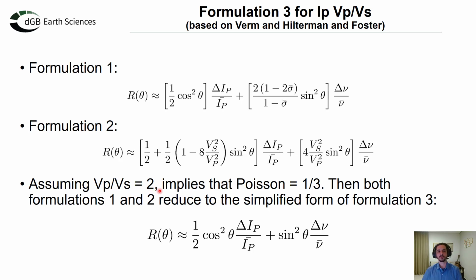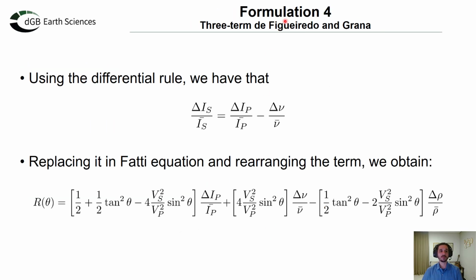and it's possible to show that both formulations 1 and 2 from Foster and Vermeer-Hilterman are reduced to this simplified format, which we call formulation 3. And the fourth formulation is based also on some differential rules, where we replace it in Fatti's equation, and rearranging the terms, we obtain